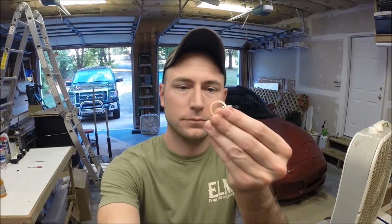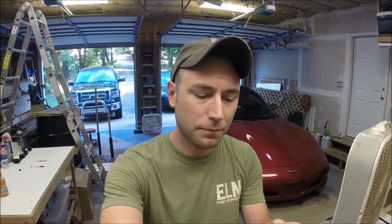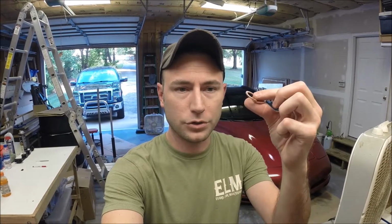Today's project is a simple one. It's just a simple washer. This is actually probably one of the oldest modifications to the C5 Corvette. It's been around for a very long time. Certainly not something I came up with, but I decided to give it a try. It's called the anti-venom mod. Essentially, you're putting a washer under the shifter detent plug at the transmission. You can do one, or you can do two washers, depending on which